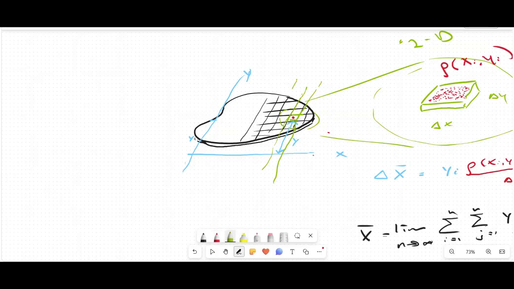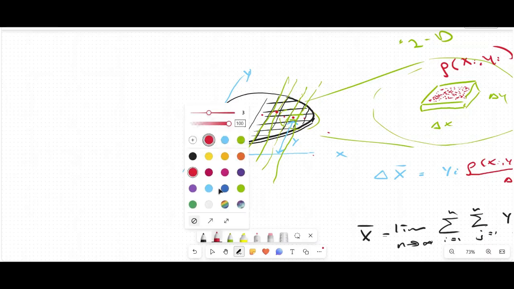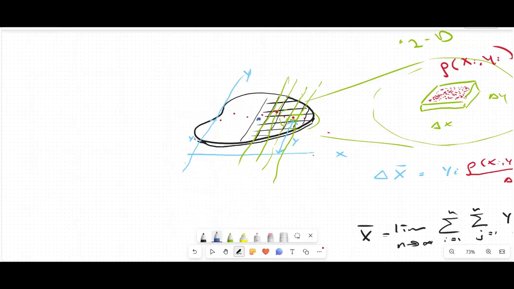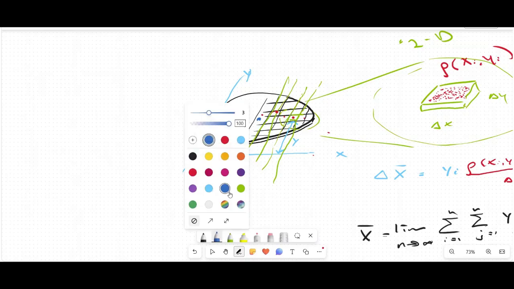If you did this along a different sliver, you would find a different point. Just kind of indicate a few more of them. There's all these points, like so. And then if you added all of those up and averaged them, you would get one single point. Maybe like right here. It's really just the y-axis that I'm drawing. You would have to repeat this whole process